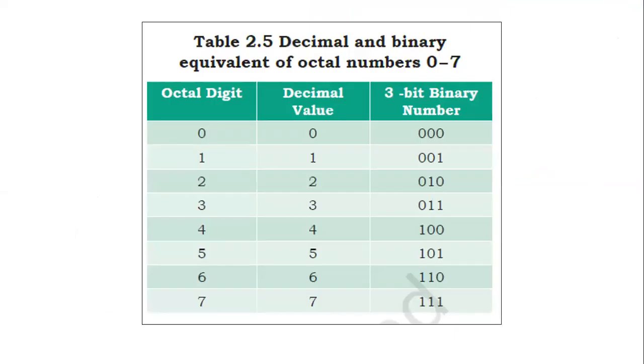Okay, so here we have the 3-bit binary numbers, which are 000, 001, 010, 011. If you put 0 in front of a binary number, it really doesn't have any value because when you multiply 0 with the positional value, it will give you 0. So this is 3 tables: octal, decimal value, and the binary number. You can see decimal and octal look the same here, but when you go to the number 8, that's where the change will happen.